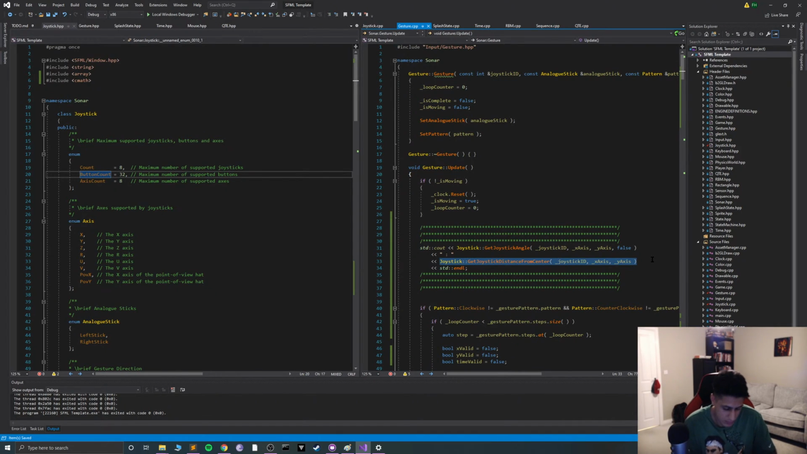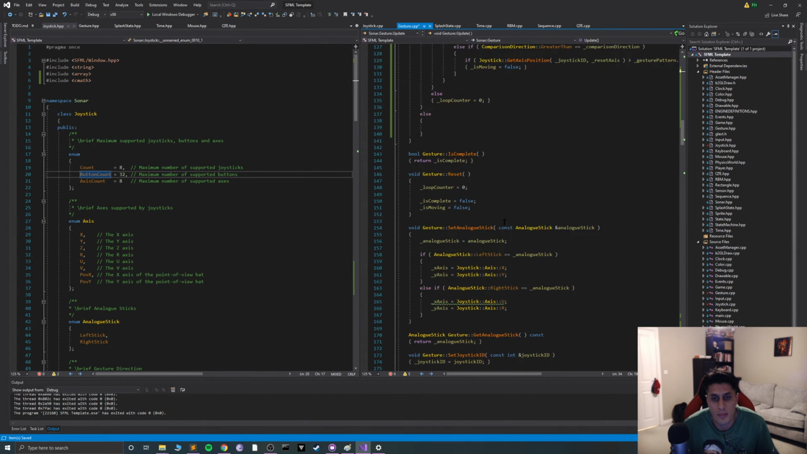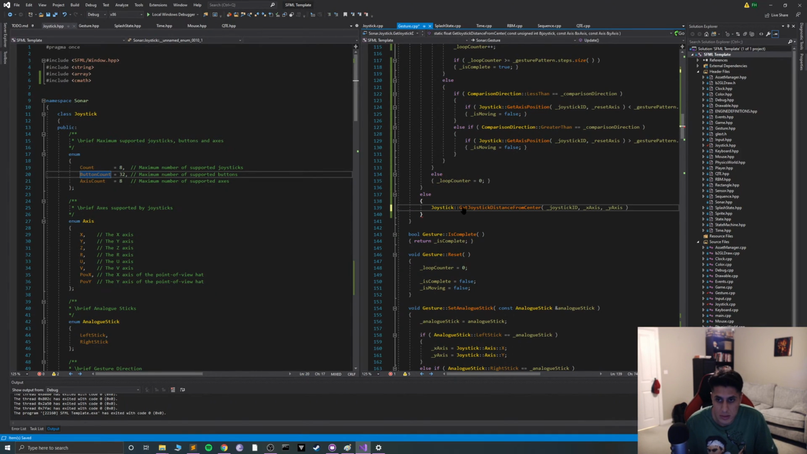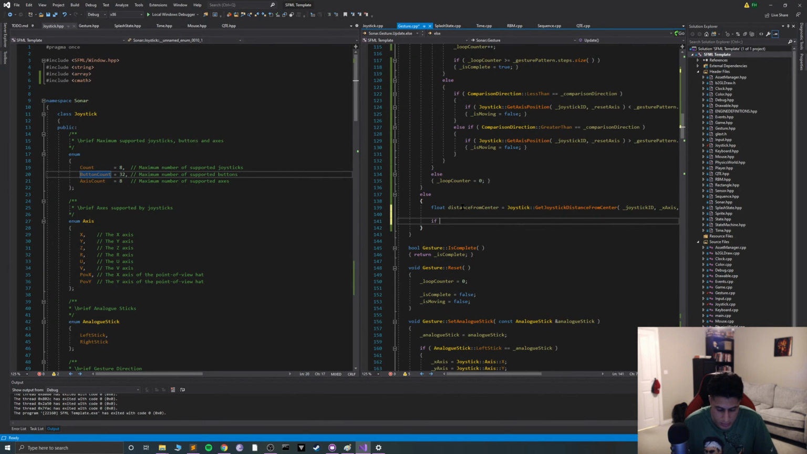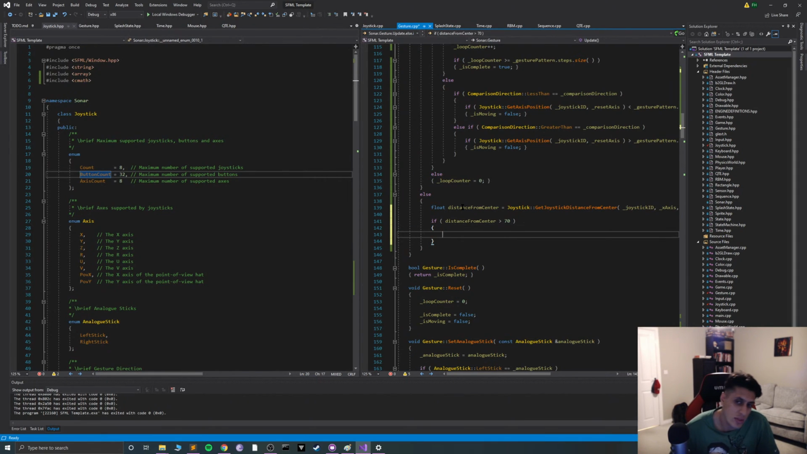We're going to say if, so that's a pretty long line, so I'm going to put this in a variable. Float distance from center. If distance from center is say greater than say 70. And we can tweak this and even make a method where you can specify the distance from center for the clockwise to get triggered. That's not really an issue. So if it's greater than 70, we're going to store